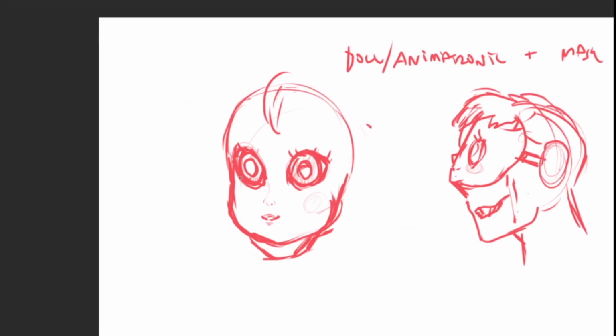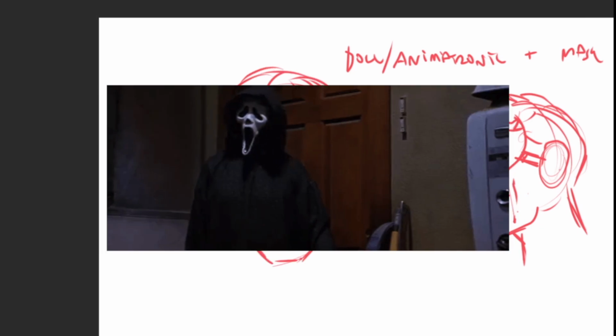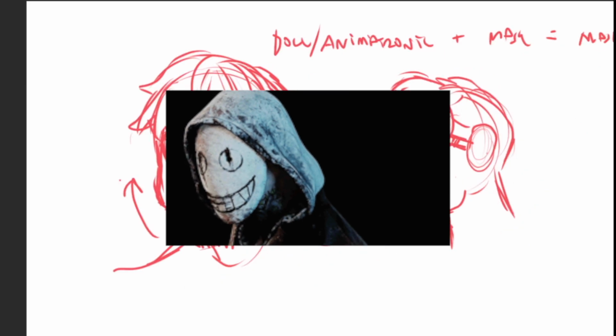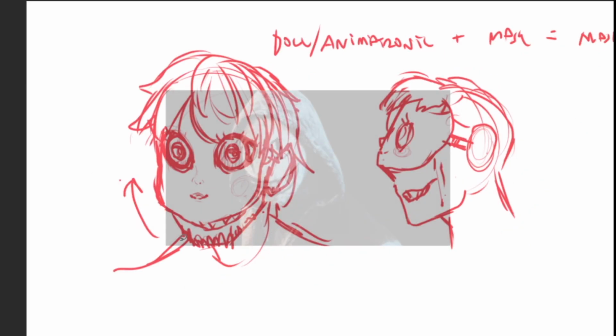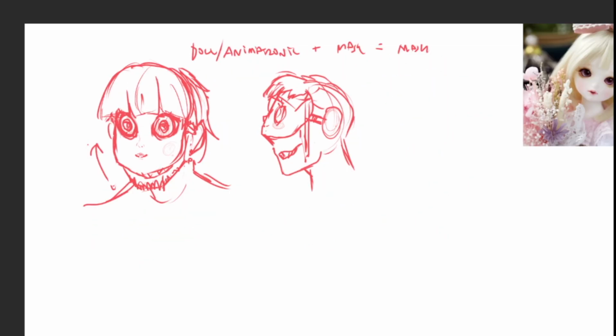Primarily just because this trope is so identifiable and so long lasting. It's literally lasted decades and it's still super effective today. So I thought this would be a really fun way to sort of analyze it and talk about it from a character design perspective. So at first what I planned to do was actually to try to combine every horror